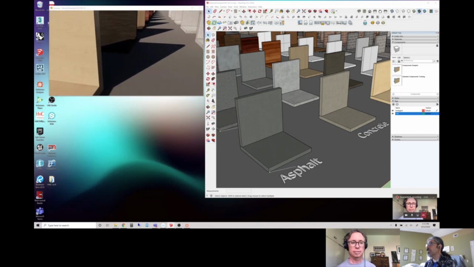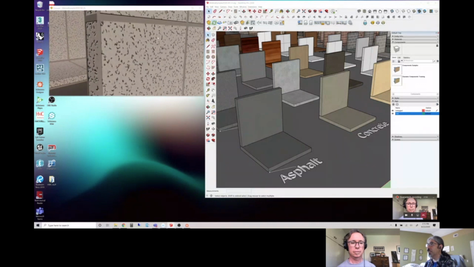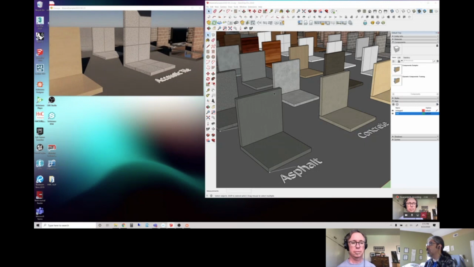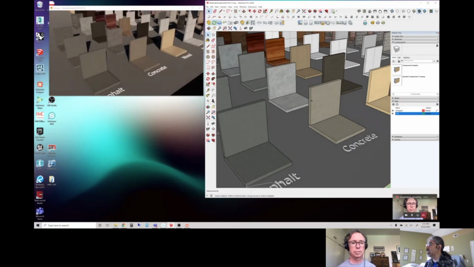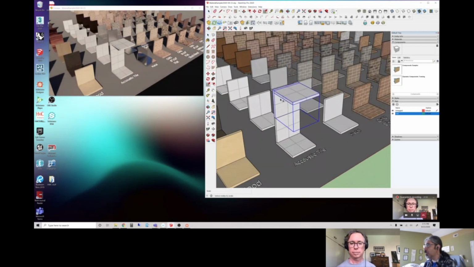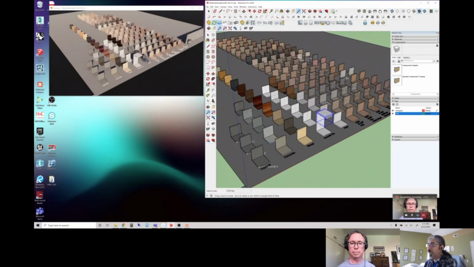Yeah, and since we are using that procedural material, you can see the textures are very, very detailed. So even if you want to do a close-up, you will get a nice result. That's awesome. So the main idea is, in this case, Noah kind of did a quick introduction for the Rhino side. By the way, I'm working with Noah and Max Lobo. Max is taking care of the Revit side, Noah is taking care of the Rhino, and I am still fighting with the SketchUp.